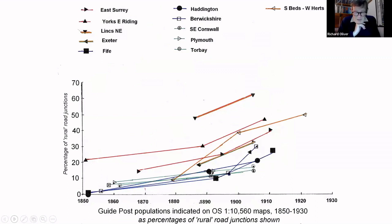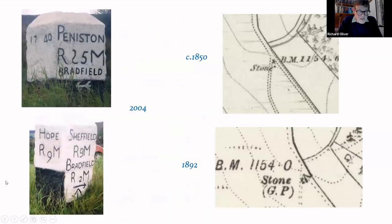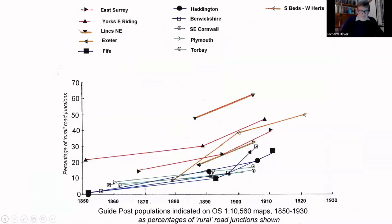So having produced these maps, I then calculated the proportions of guideposts shown variously on first edition and later maps, and plotted them on a graph with various symbols. Unfortunately, at least where I'm viewing it here, the top has been slightly truncated, but it should show an upward tendency. Down here in blue are the various Scottish counties and also the southwest of England. In the middle are a Bedfordshire-Hertfordshire line, which I'm pointing to, and lines for Lincolnshire and southeast Yorkshire, and